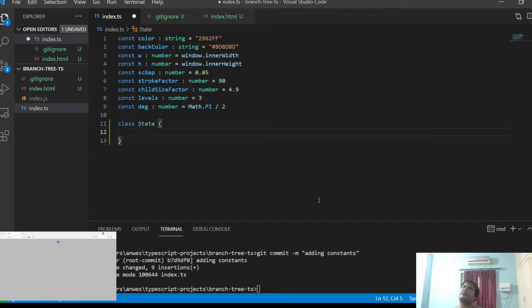So interpolation is basically, if you're animating something, you are animating from one property value to another. So basically you will be animating from 0 to 1.